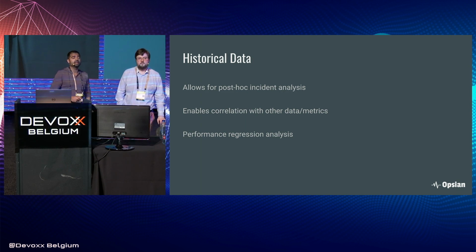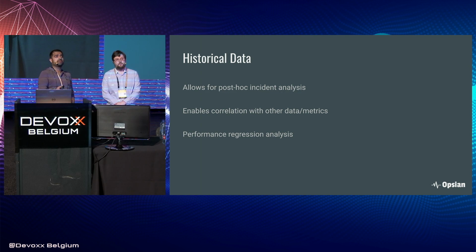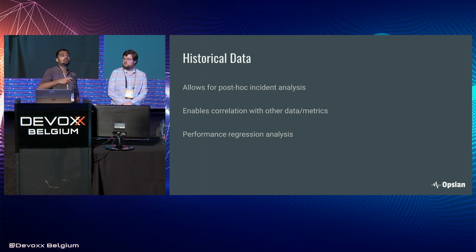One thing we get is historical data. If we're profiling production all the time, then we can start doing things like: my CPU core was pegged at 3 a.m. last night, what happened? Well, we can go back and look at it. Also, the problem with ad hoc profiling, only when you have a problem, is that you're only looking at your system when it's pretty sick. How do I know what normal is? Well, if you have historical data, we can understand what normal is. We can say, okay, we've just pushed a new version of our software to production, and it's slower than the previous one. Users are complaining. Can we compare the two? Well, yeah, you can, because you have the historical data, because you've been collecting it.